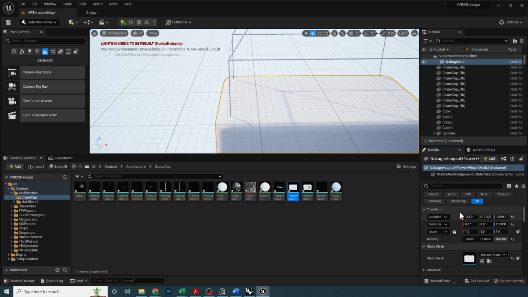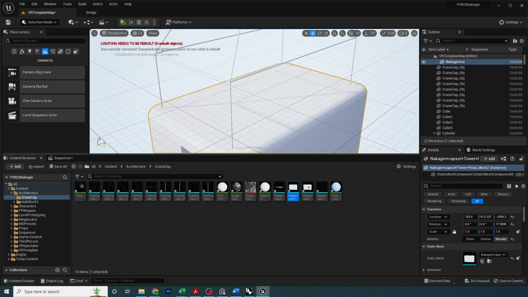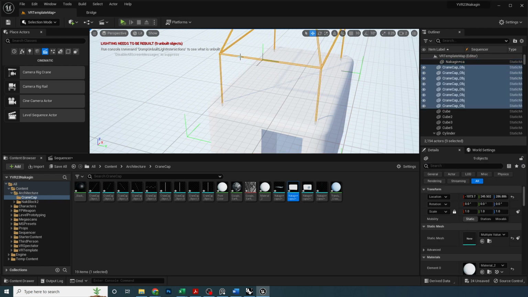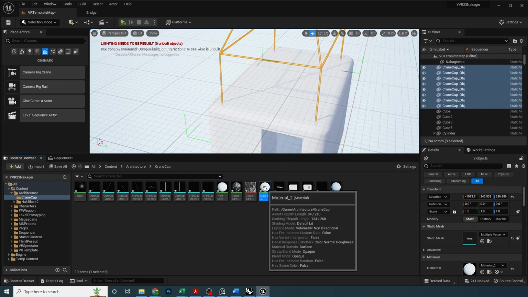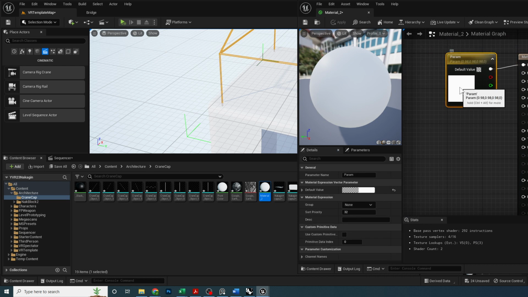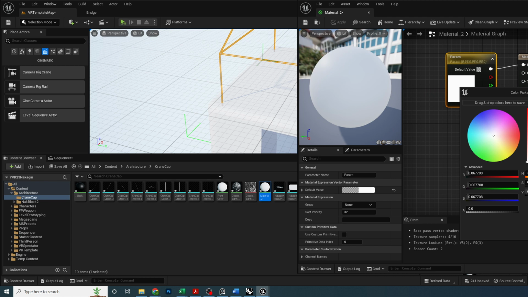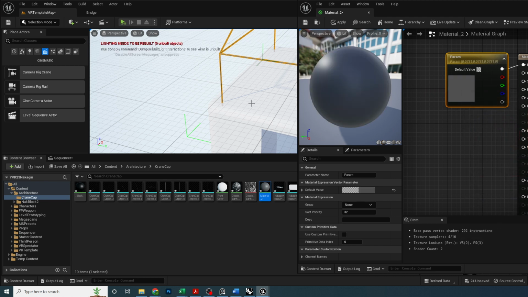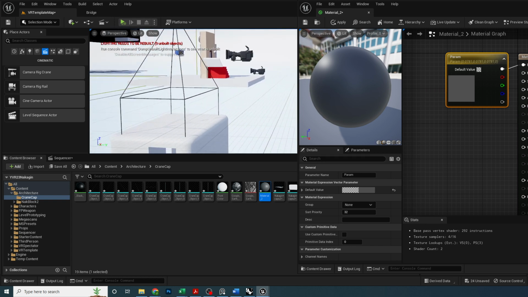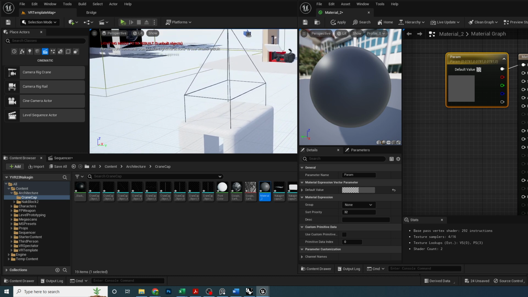Let's reposition this like so. Okay, I think that's good. You know, I can take this object and make it black. I think it's probably this. Let's just change this to black. Okay. Right, so now it's a little bit more visible. Okay. So now